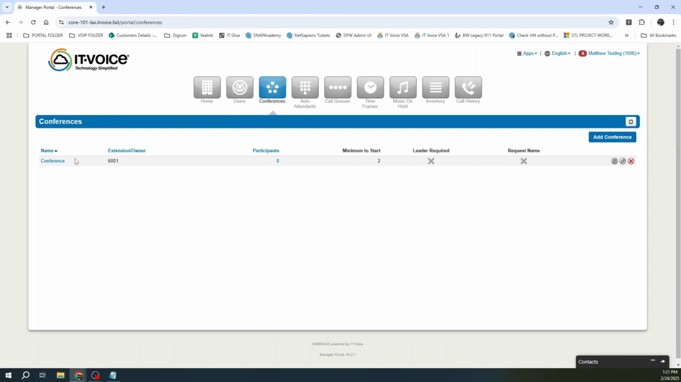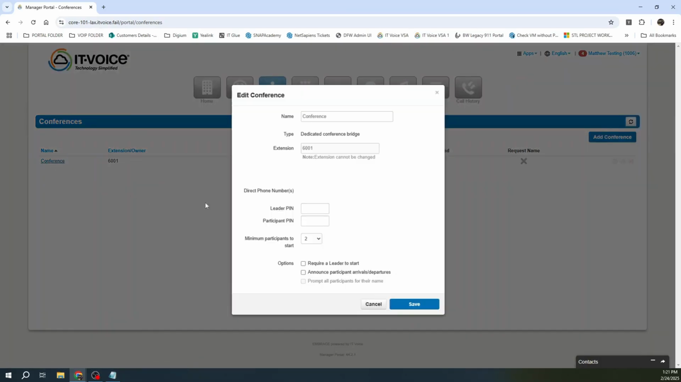Conferences are built by default into the phone system. We provide one on every domain for you to utilize for either internal calling or external calling. Conferences, you can come in and edit. You can give a leader PIN. You can give a participant PIN. These are what's required when somebody dials in to either become the leader of that conference or to join the